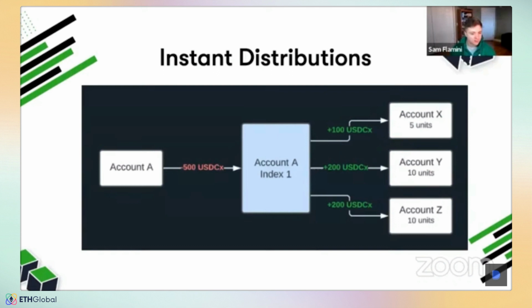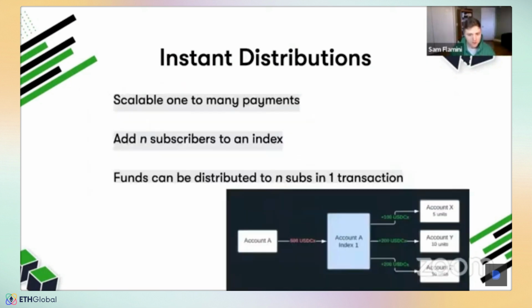Account A here can decide to create an index, add a bunch of addresses to that index, and distribute funds that are, in a single transaction, distributed to the entire index proportionally. You can almost think about this as like a dividend payment, where you as the publisher get to give people shares in this pool. And by calling distribute, you make a single function call, right? Send one transaction to distribute funds to n number of addresses, right?